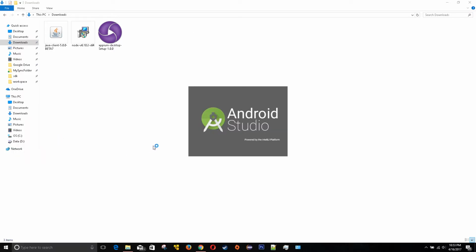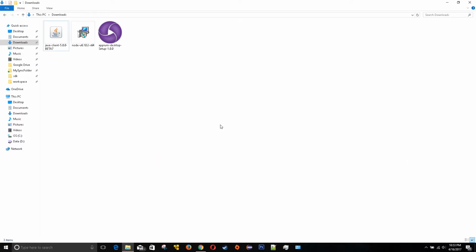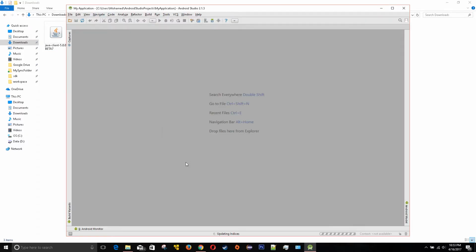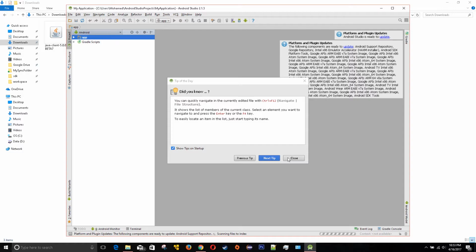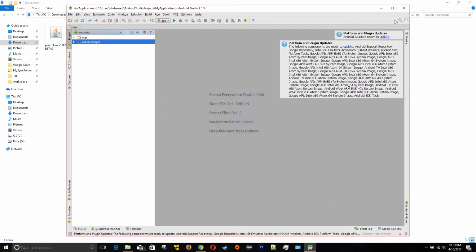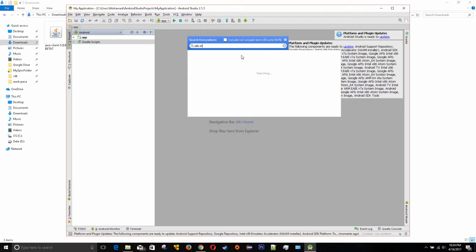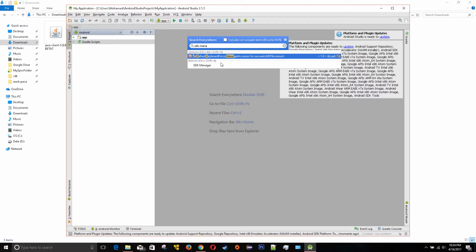is Android Studio. So open Android Studio, and the first time you open it, it's going to ask you to download more stuff as well. That's probably more annoying, but just keep pressing next, next, next, and then go to the search section, the search button right here, and then type SDK Manager. Open this up,